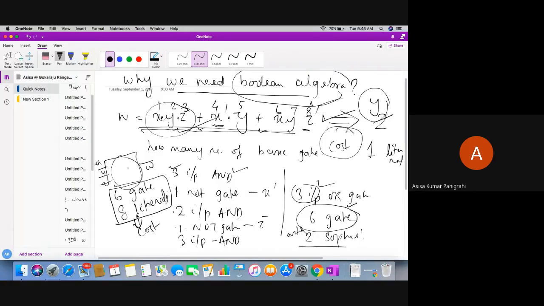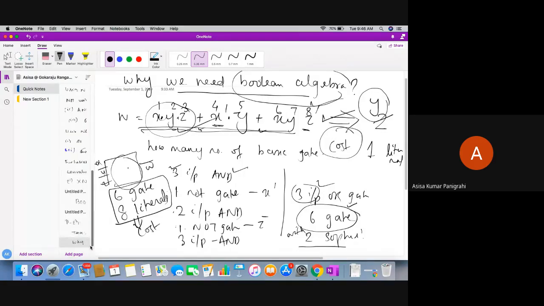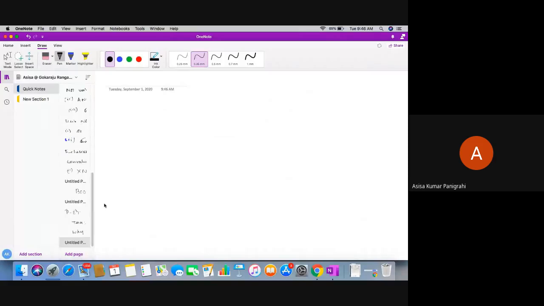That's why we are going to see some Boolean algebra. Okay, do you all understand, students? How we'll do this, we'll see later on. Once I tell you all the Boolean algebra postulates, then at the end you will be able to understand it. Any doubts, students? Please let me know immediately. Why we need Boolean algebra? Any doubt? Immediately, Ragvi. Hello. No doubt, sir. No doubt. Did you all understand, students? Please let me know. It should be very much clear. Otherwise, it's very difficult for you to understand later on.